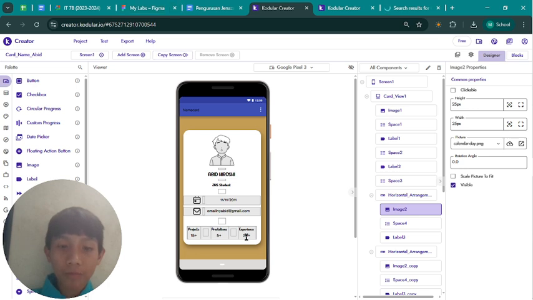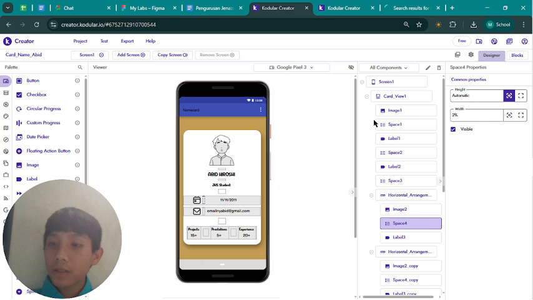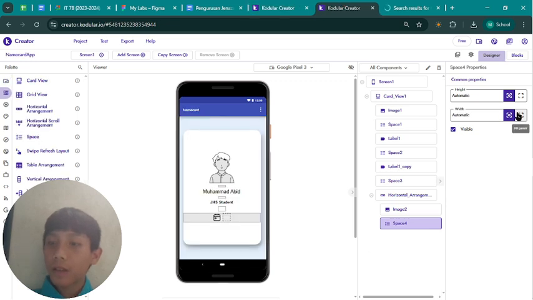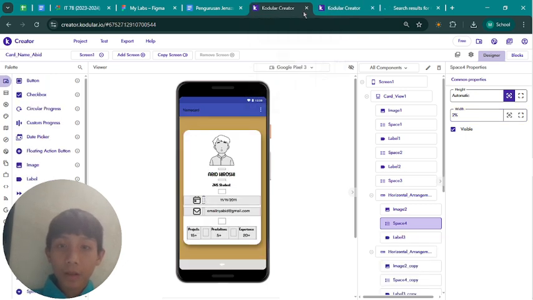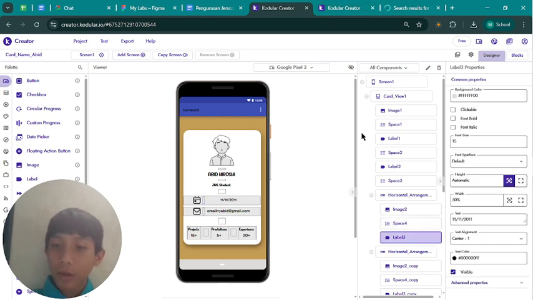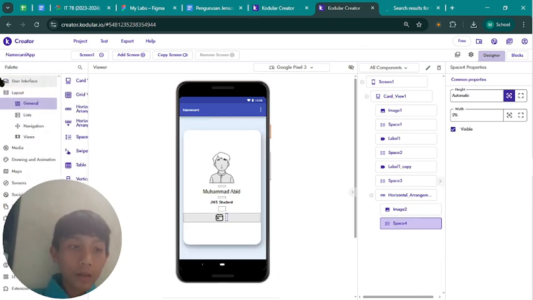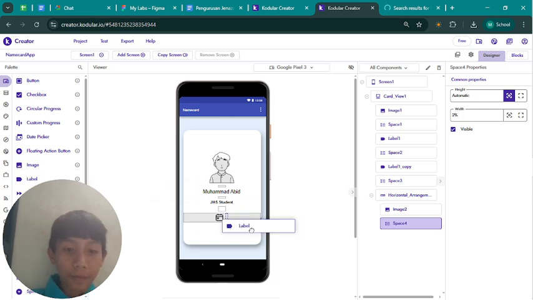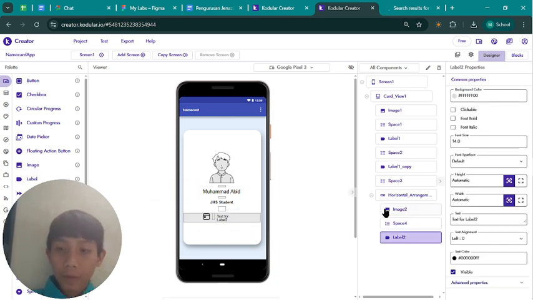Okay, the space, the height automatic, and the width is 2%. After that you add label, the font size is 15, and the text alignment center.